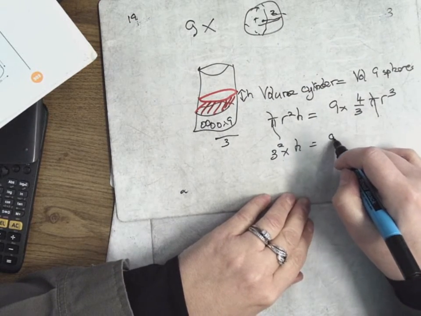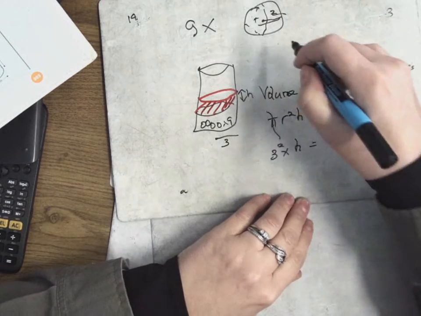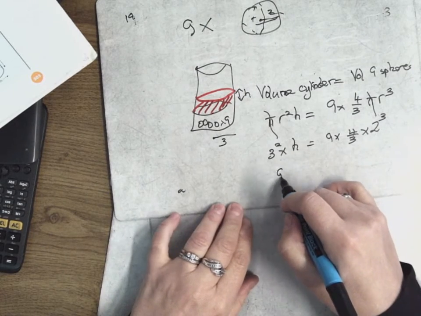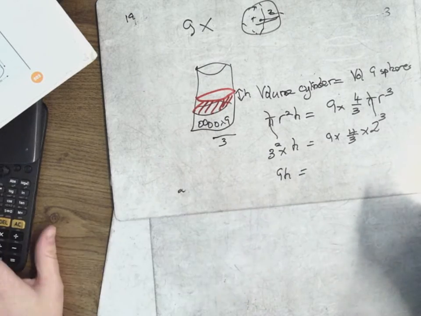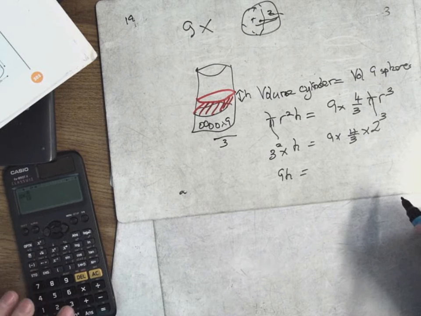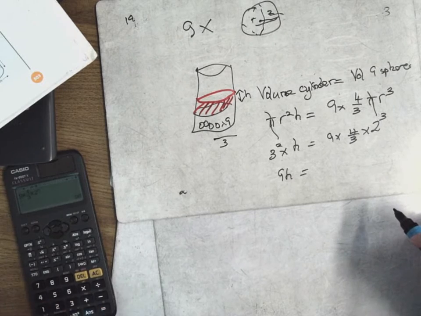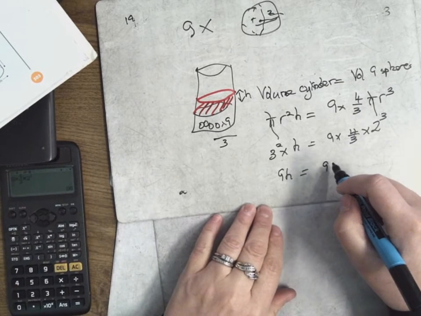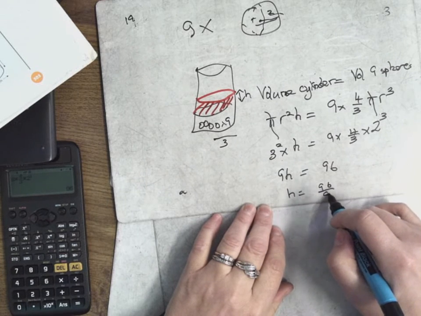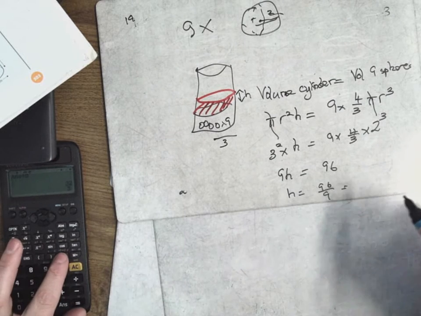So that's equal to 9 multiplied by 4/3 multiplied by the radius of the sphere, which they told me was 2, to be cubed. Okay, so this is 3 squared is 9, by h is 9h. Over this side you need to multiply 9 multiplied by 4/3 multiplied by 2 cubed, right, equals 96, right? And then h is equal to 96 divided by 9, which is 32/3,